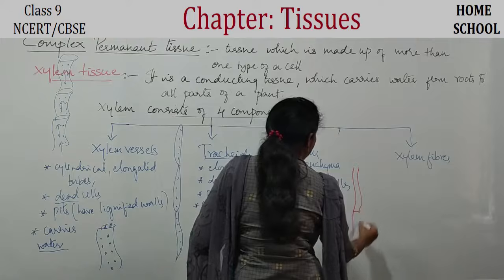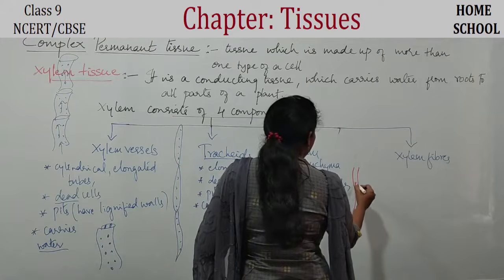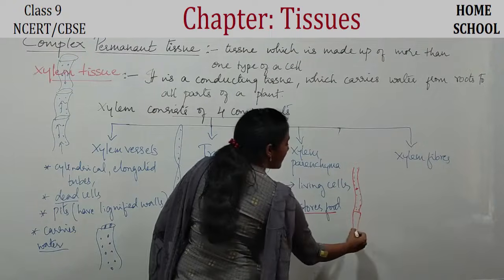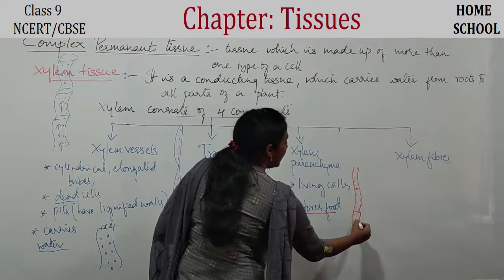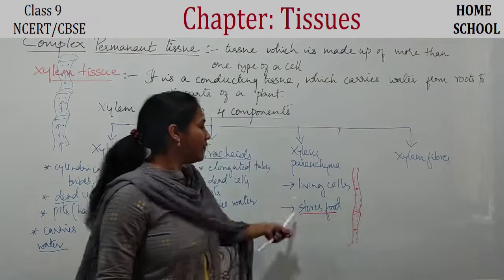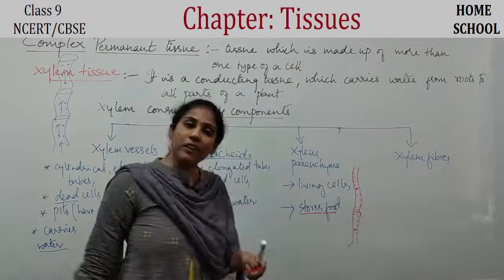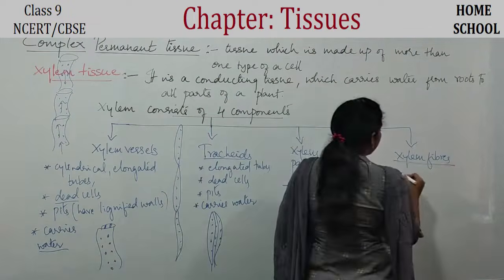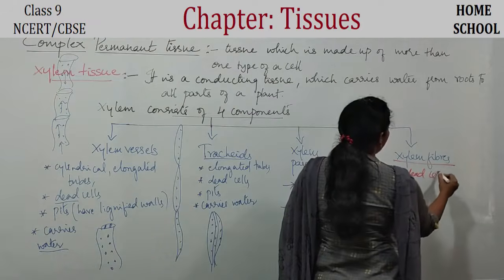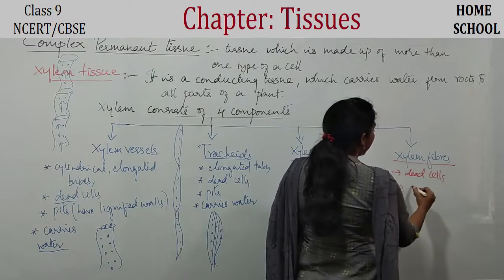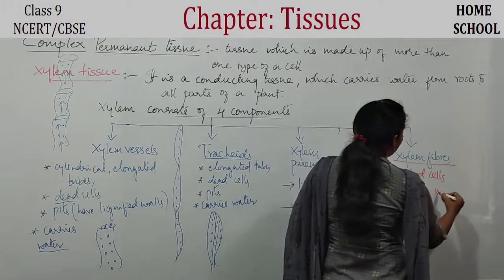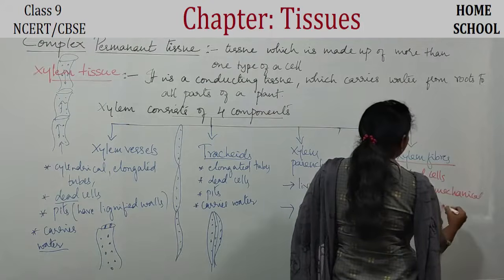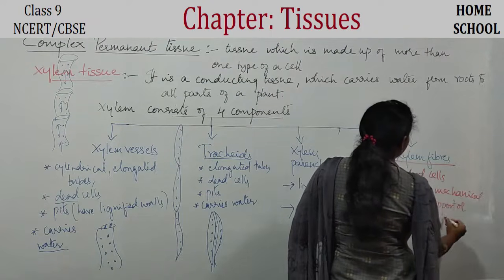So how does a xylem parenchyma look like? Just like the parenchyma cells, guys. Okay, so you will have a nucleus, you know, cytoplasm would be there. This is one xylem parenchyma. This is another xylem parenchyma. Okay, they are the nucleated cells. Right? Living nucleated cells are called xylem parenchyma. And coming to xylem fibers, these are also dead cells. Okay, and what is their function? They give mechanical support or strength.